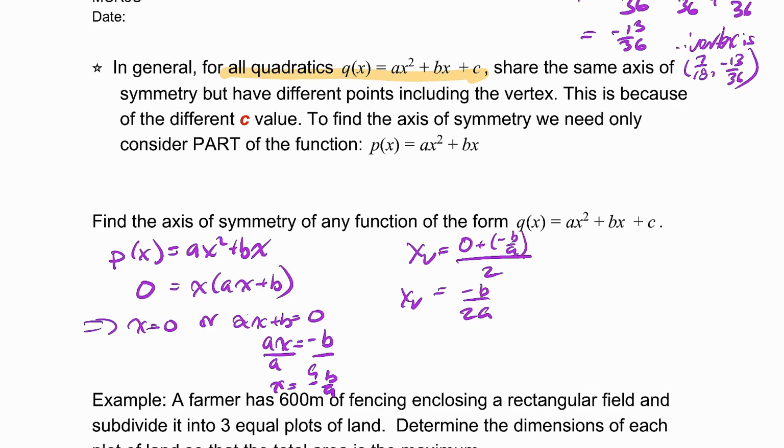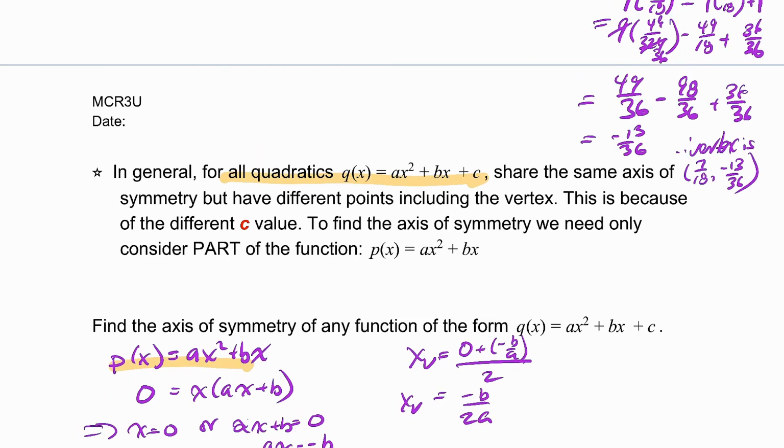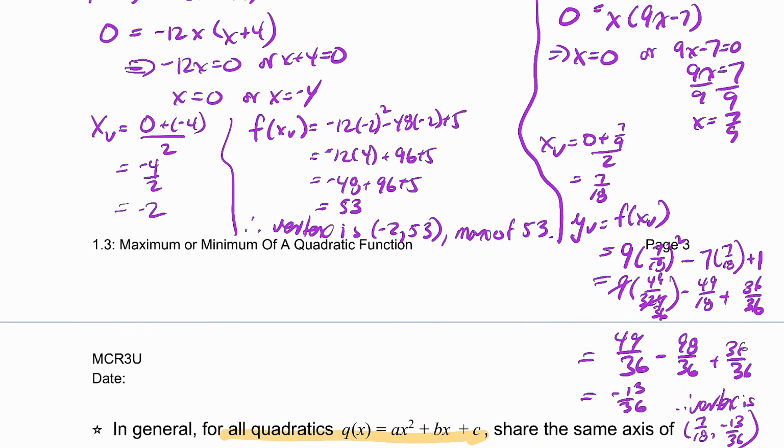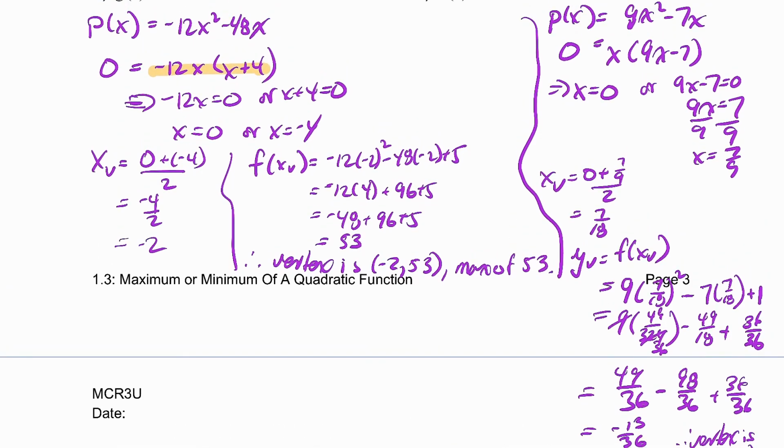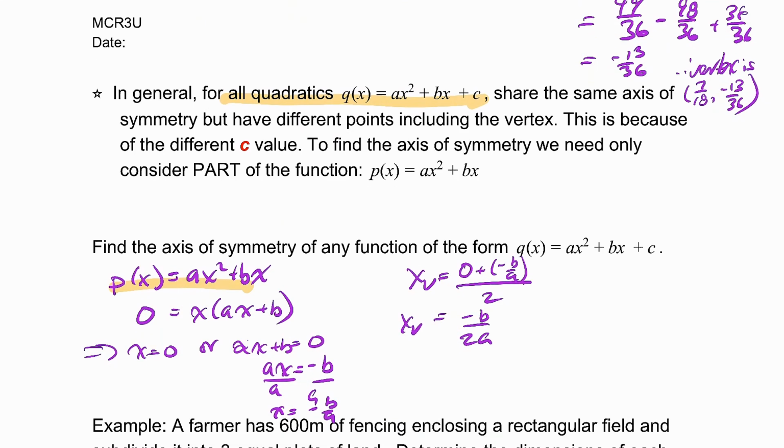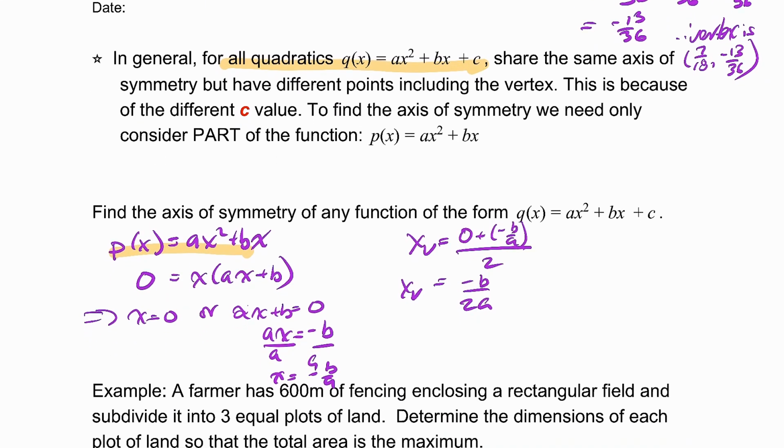But word to the wise, if you're being asked on the test or on an assessment to find the vertex through partial factoring, you must partial factor for me. In other words, you must do this step for me over here, as I did up here. You need to do these steps to partial factor for me so that you show me the entire process. Okay, but later on, once we get down here,